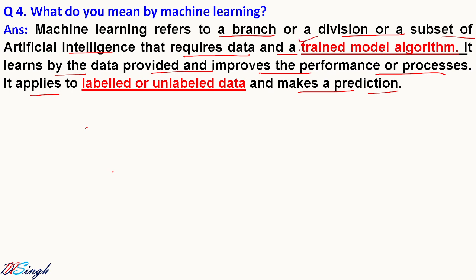And that algorithm is self-learning, meaning it can learn on its own based on the data you are feeding to that algorithm or AI model. After it learns, it adjusts the performance and process for a better one. Okay, and data can be of two types, labeled or unlabeled. When you know the category of data, that is called labeled data. When you don't know anything about the data, that is called unlabeled data. Labeled data can be used in classification, unlabeled data can be used in clustering.